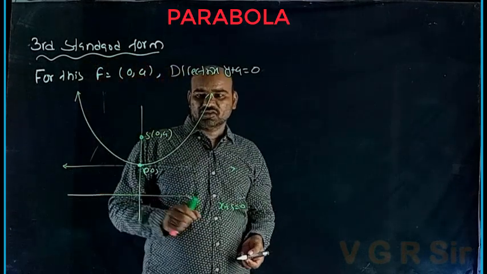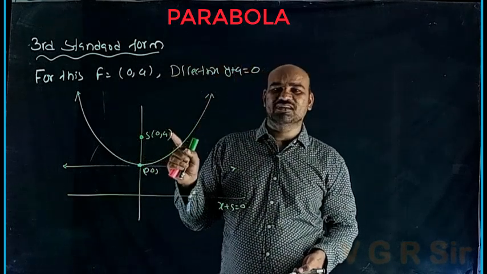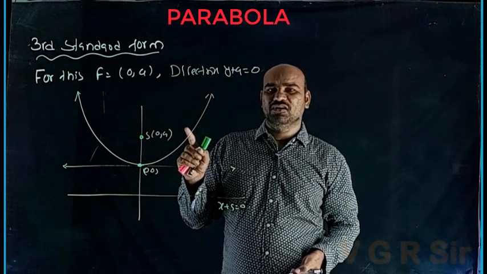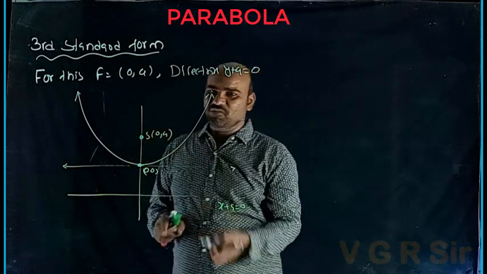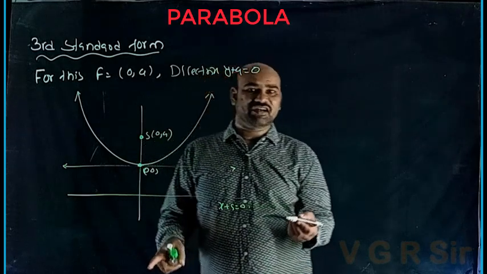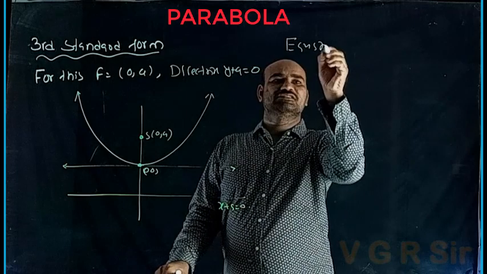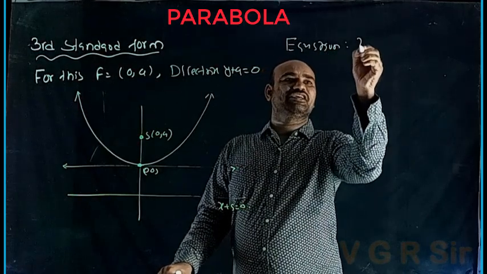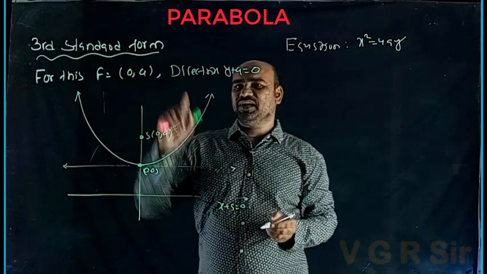Okay. So here I no need to derive the formula. Just you can say that the locus equation is nothing but x square equal to 4ay. There is no big problem to derive. Okay, directly I want to write all the equations. Yeah, x square equal to 4ay. Here also provided a greater than 0 only.